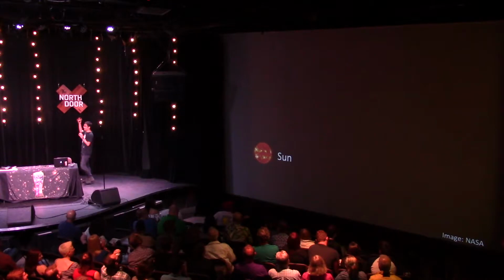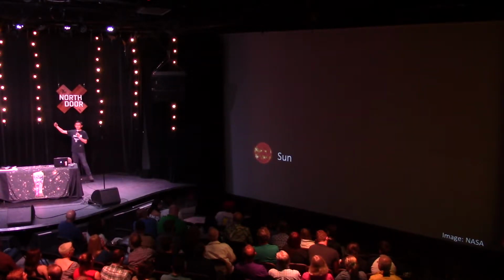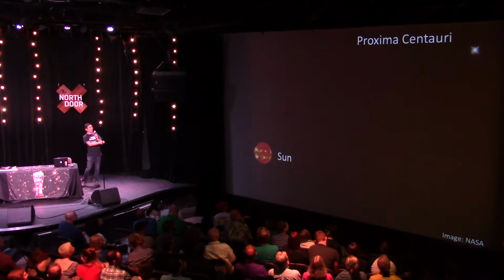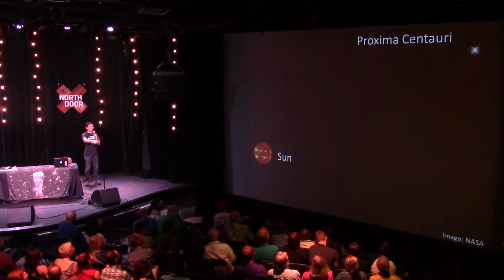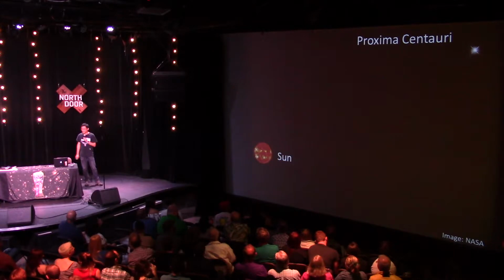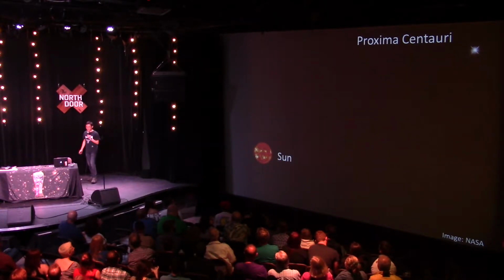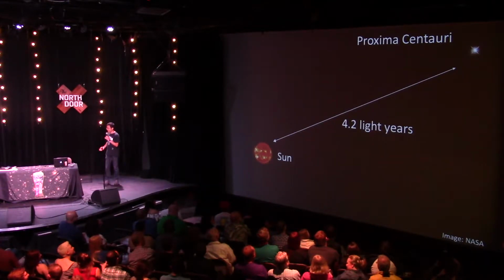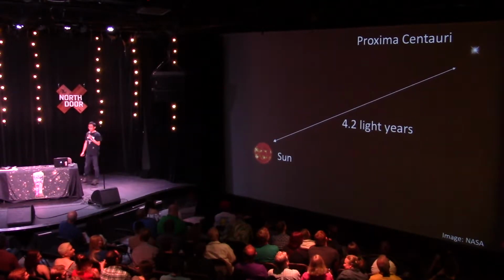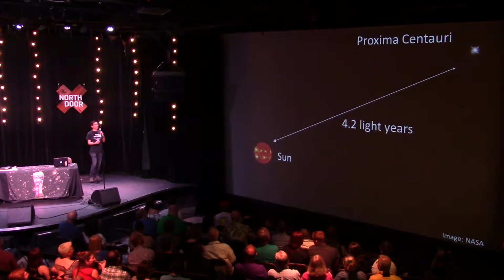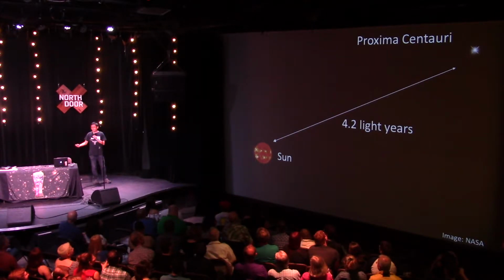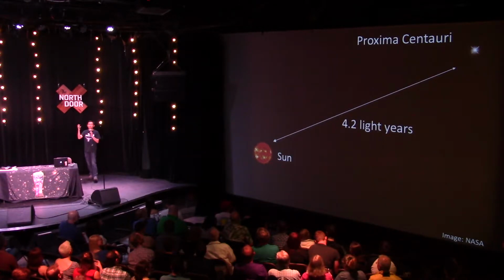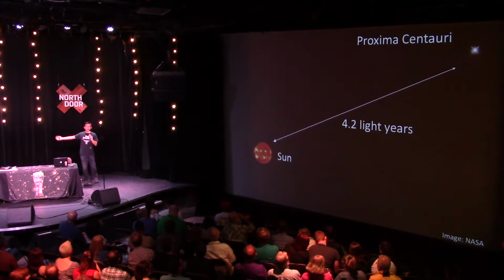So what is the next closest star we have? Exactly, Proxima Centauri. So let's put it there. What is the separation between the sun and Proxima Centauri? Wow, you guys are amazing. It's about 4.2 light years, right? It may sound really close, but that's actually really far away. So to give you a conceptual understanding of how far away it is.